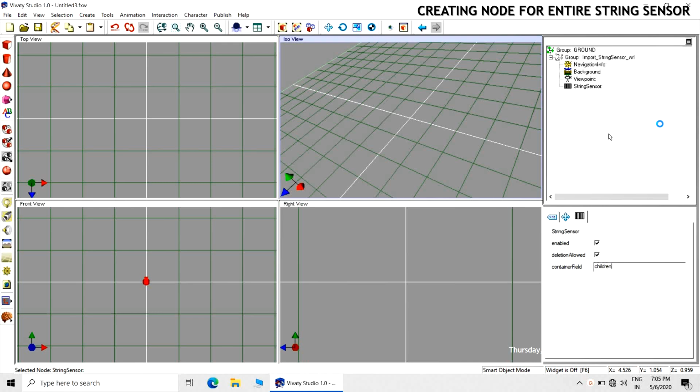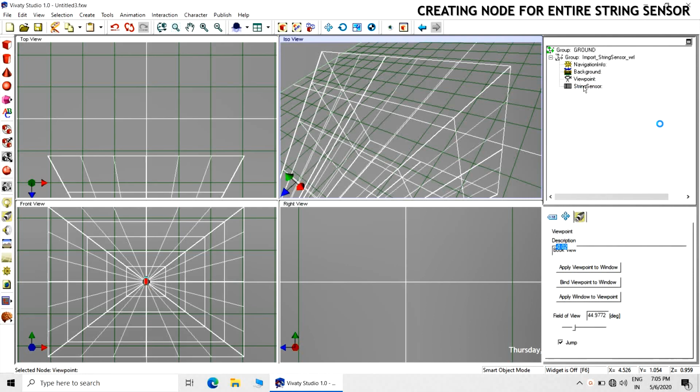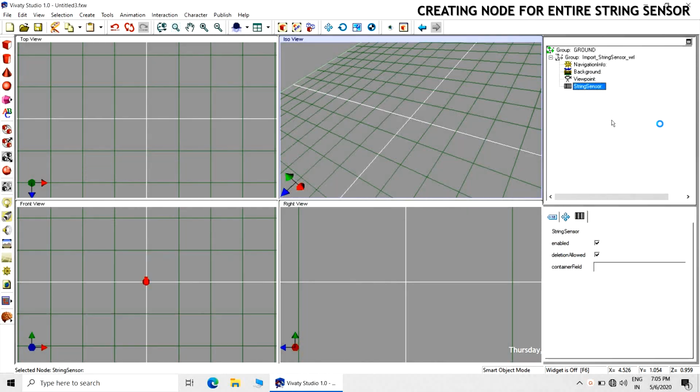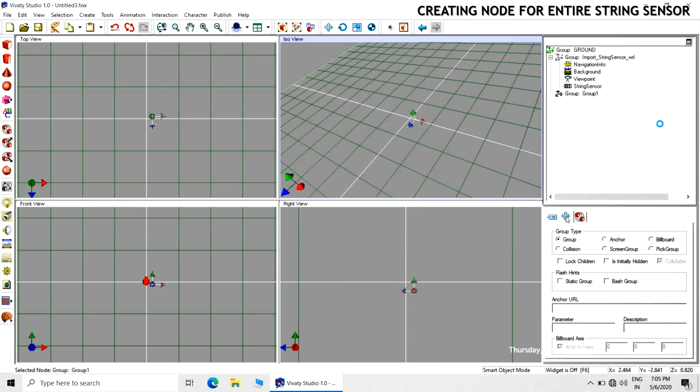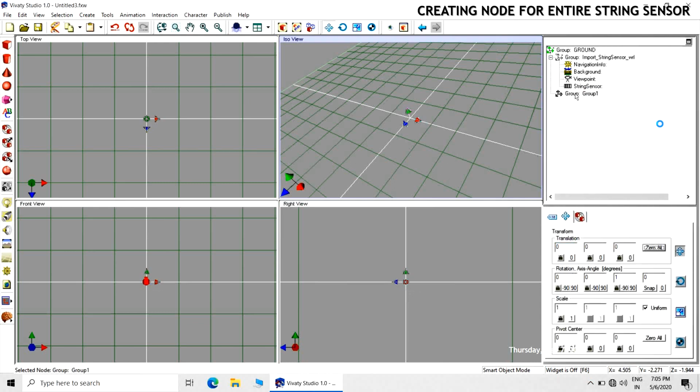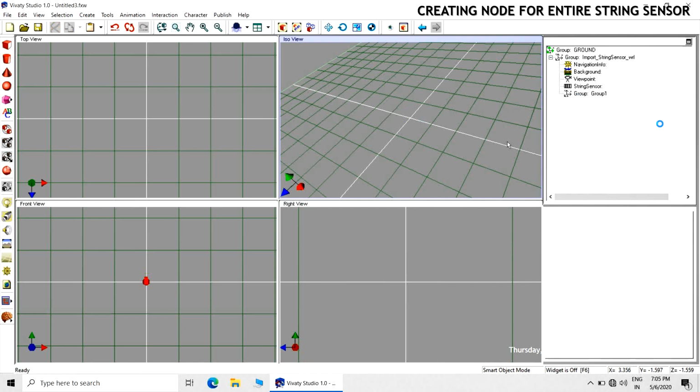Now this container field may not be retained. Now you create the group. Again bring that group to 0 0 0. So we have created the group and brought it to absolute 0 0 0 coordinates.